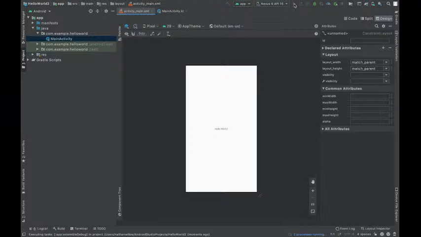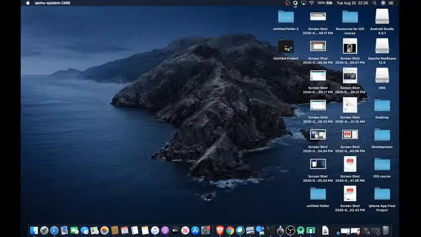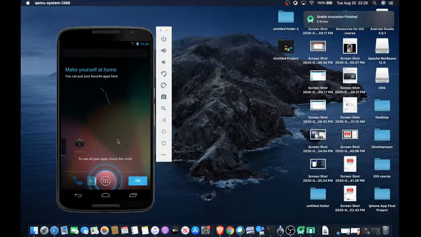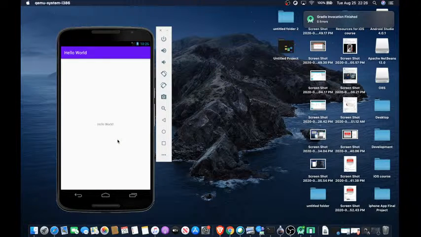What should happen is you should get a pop-up of the device. It may take a bit longer. I've already opened this particular version up once before. What will happen is it'll launch, so it just relaunched the file. So I already had that application up. When you first initialize it, it'll take a couple minutes to power on because it's acting as a virtual device. It's going to behave just like a regular device,